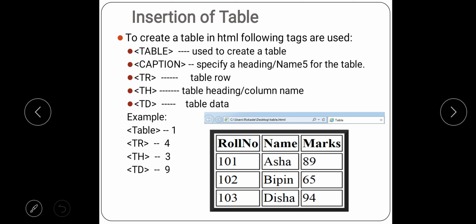And last, marks is the heading and below it all are the what? Data, right? All are the marks. Whichever are shown in bold are called the table heading because they are the headings given to the table, and below that there is the actual data, right?